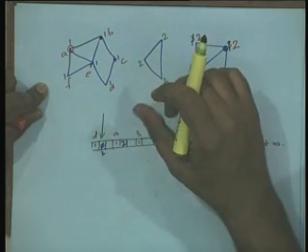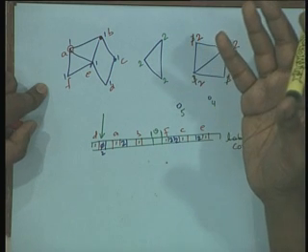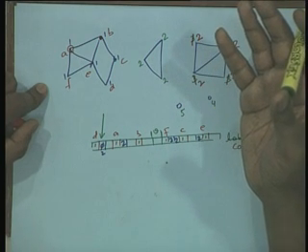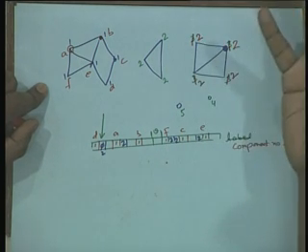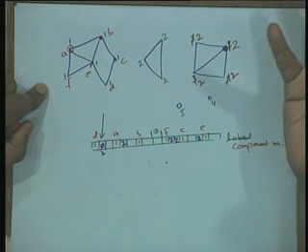Why? It's at least n minus 1, right? If a graph is connected, right, then there is a spanning tree in the graph. If there is a spanning tree, the spanning tree itself has n minus 1 edges in it.